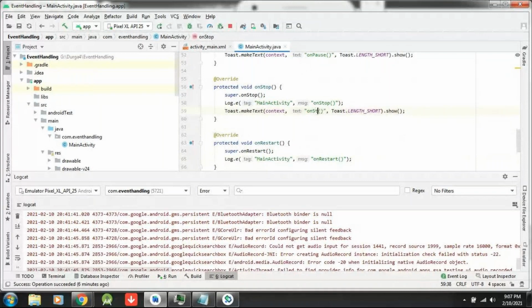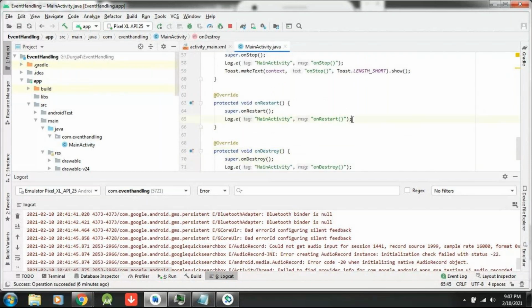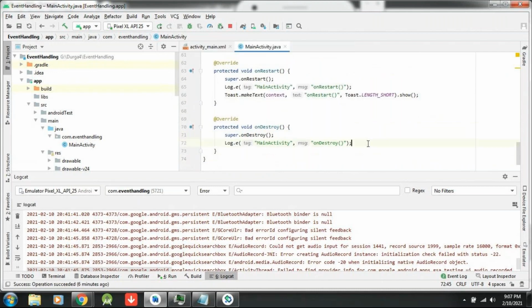Just excuse me for 5 minutes. If I show you, then it will be good for you, so that you can understand what methods are executing and when. On the start, this is on the start. Okay, I have saved it.